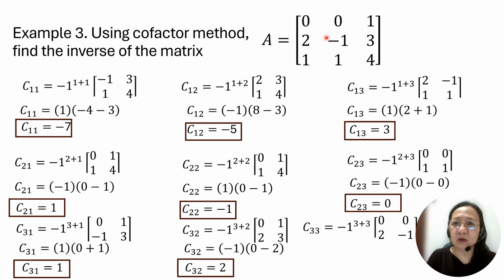So what is left here is 0, 0, 2, negative 1. And then if we're going to simplify, negative 1 is raised to 3 plus 3, which is 6. So 6 is an even number, so we arrive at positive